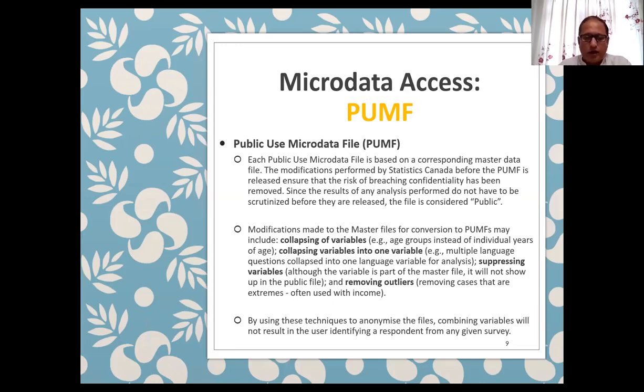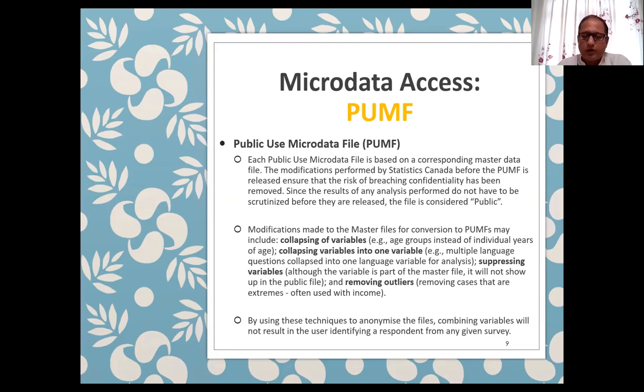They may collapse the variables. For example, instead of individual years of age, you may find age groups listed, for example, 0 to 5, 5 to 10, and so on. Or by collapsing variables into one variable, for example, multiple language questions collapse into one language variable for analysis, or